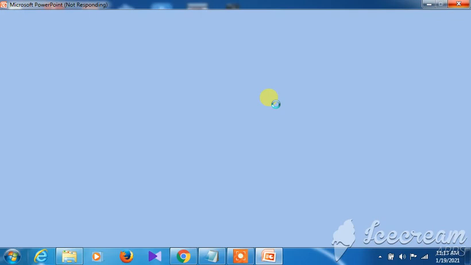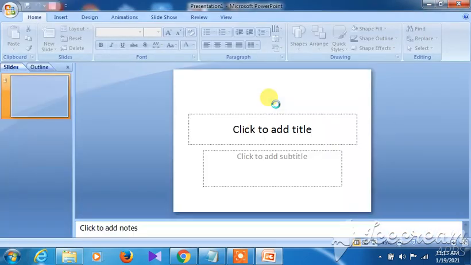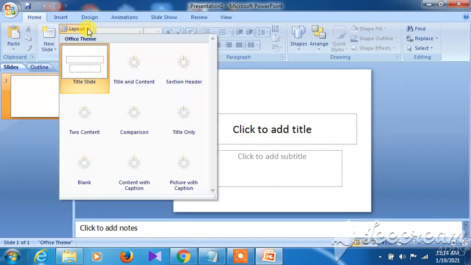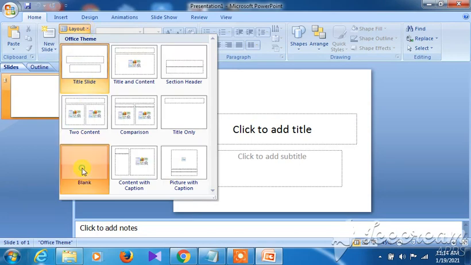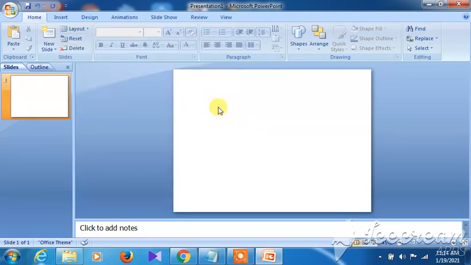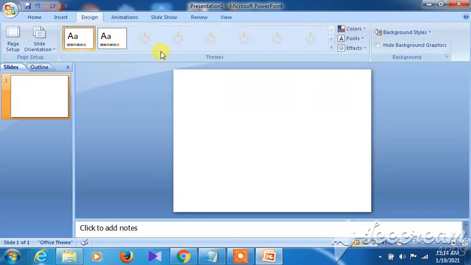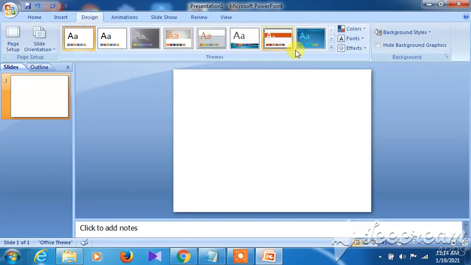in that case, what you can do is first change the background. The process is over here only. You can simply select this particular slide and go to the layout. After selecting the layout, you can come to the blank. All right, so the blank layout has been chosen, and as I told you, you have to go to Design, then come to this place where the themes have been given, and any theme can be chosen here.